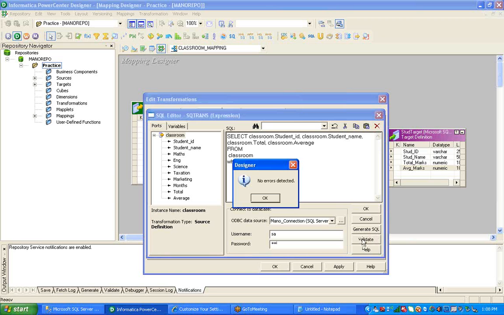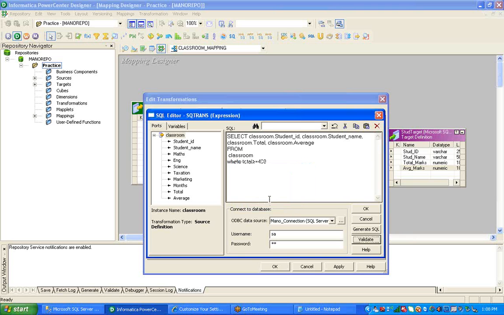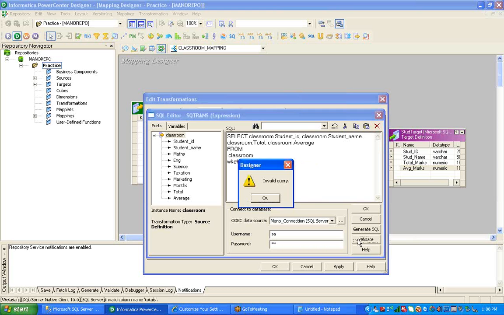It can tell you whether the query is correct or not. If errors are there, it will say so. No error means it's correct. For example, if I type some error, something like totals, and I validate,